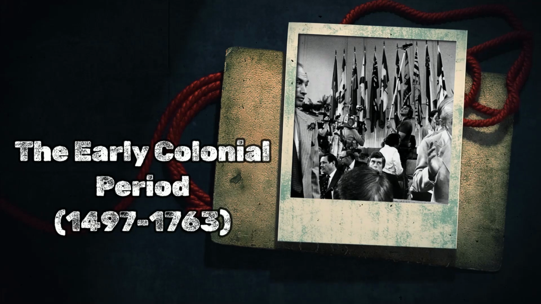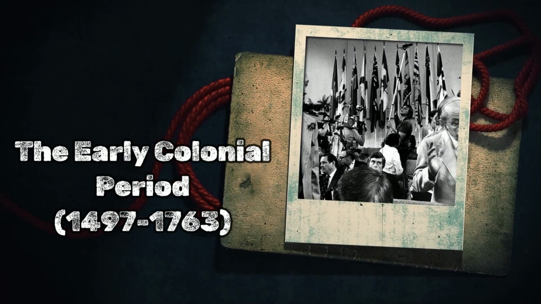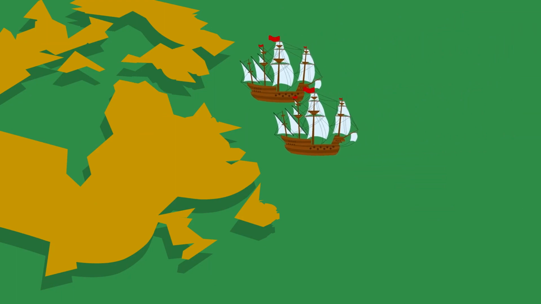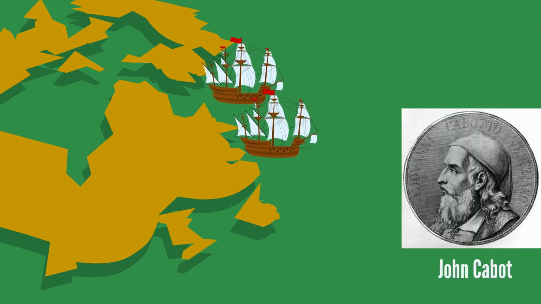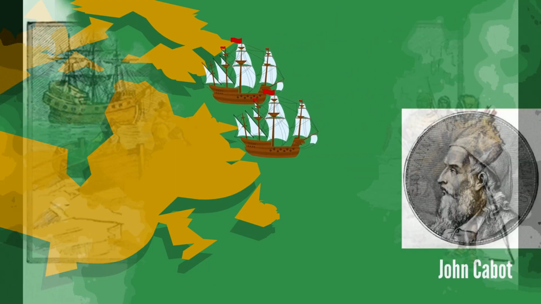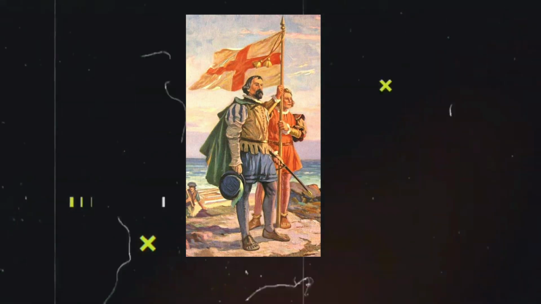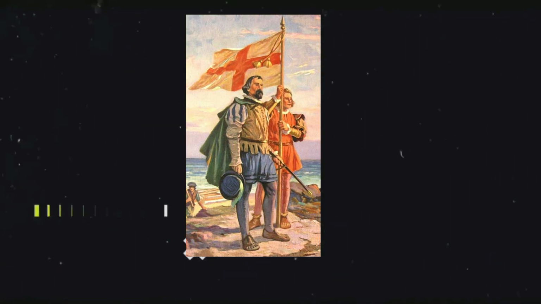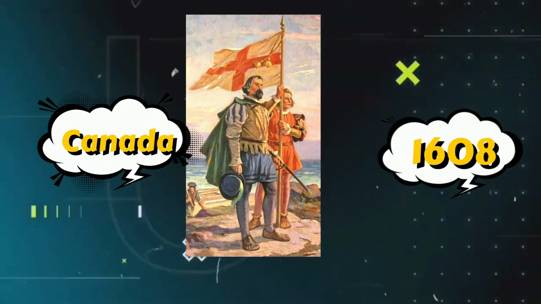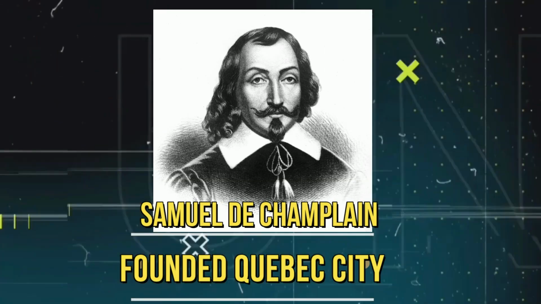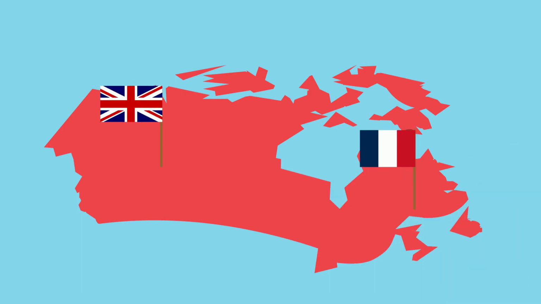The early colonial period, 1497 to 1763. The first European to explore what is now Canada was the Italian explorer Giovanni Caboto, also known as John Cabot, who sailed under the English flag in 1497. Caboto claimed the land for England, but it was the French who established the first permanent settlement in Canada in 1608. Samuel de Champlain founded Quebec City in that year, and it became the center of France's colonial efforts in